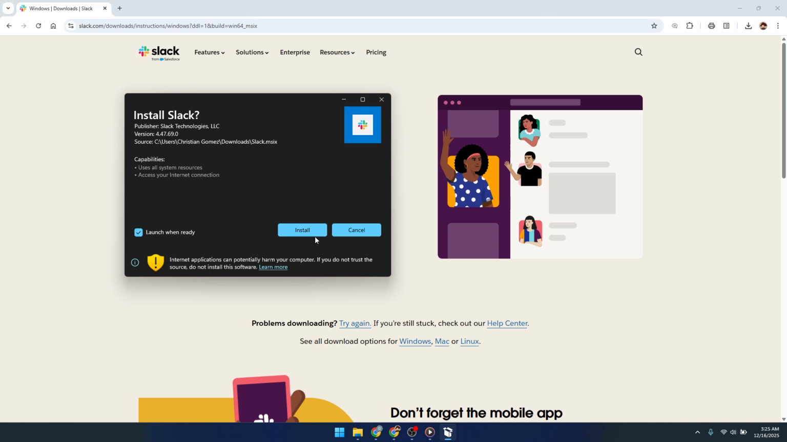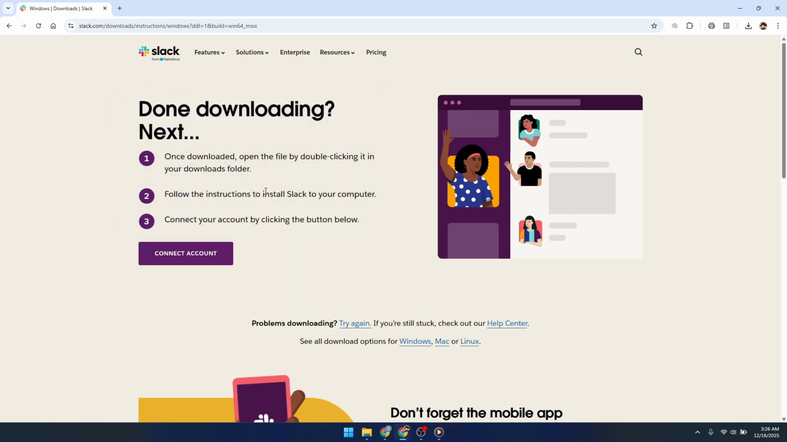There's usually no need to change any settings here. Slack will install itself using the default options. Give it a moment to complete. When the installation is finished, Slack will open on its own. From here, you can sign in to your existing Slack workspace or join a new one using your work or school account. Once you're signed in, you're ready to start messaging, joining channels, and collaborating